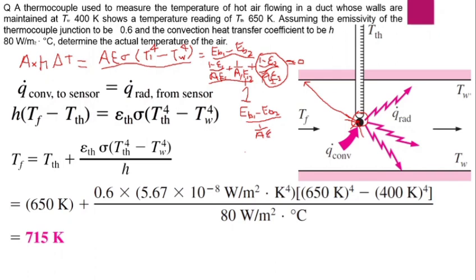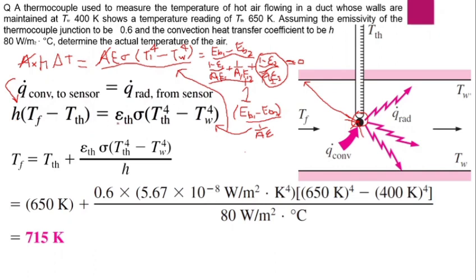This A is the surface area of thermocouple, and epsilon is the emissivity of thermocouple. These both will come up at the numerator, and finally we are going to cut this area, and then we find this formula,